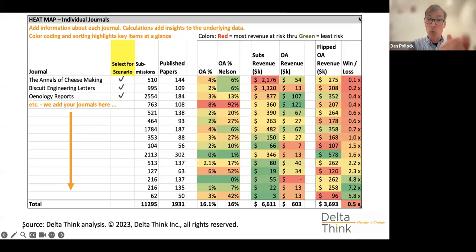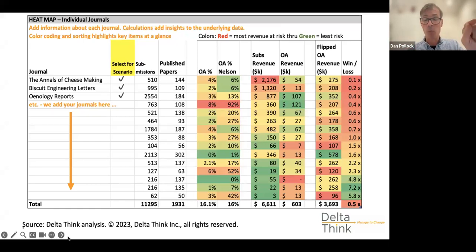Now, as we said, this is just one example. Instead of the Nelson memo, it could be about a number of other things. What might happen if Coalition S does something different, or transformative agreements go a different way, et cetera. We'd be interested to find out from people the kinds of questions or unknowns they're wrestling with. Do please make a note in the Q&A, or let us panelists know. But as I said, this is a specific example: how would we address what will happen to me if this particular policy landed.